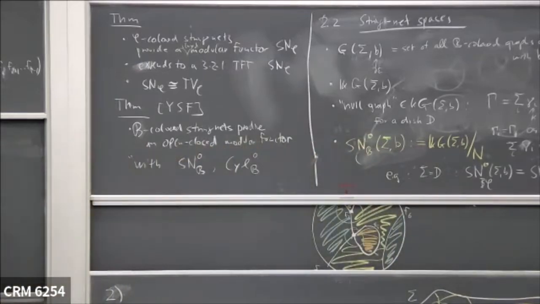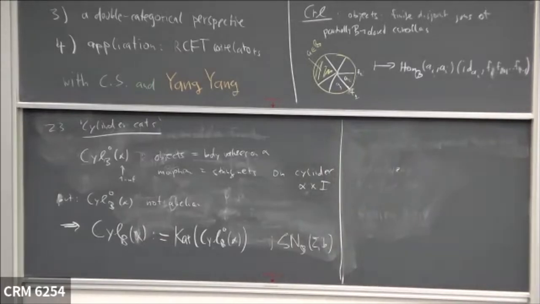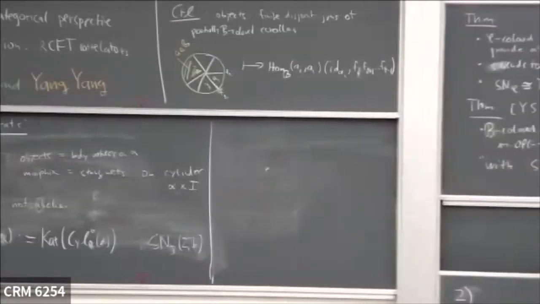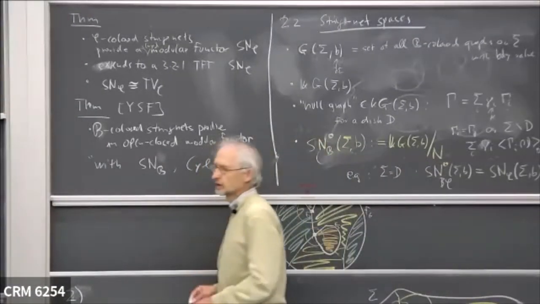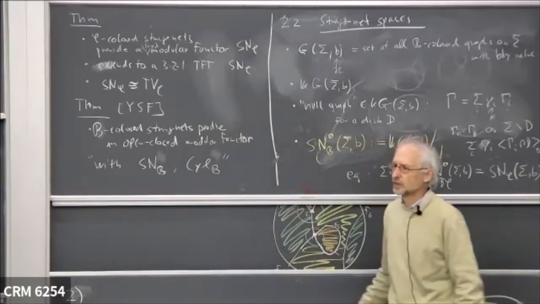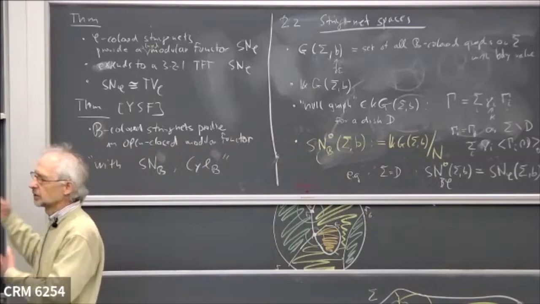So there are corresponding string nets without the zero, and then there is a second version of the theorem which says that when you use these Karoubified cylinder categories and the corresponding string net spaces, with this data you get